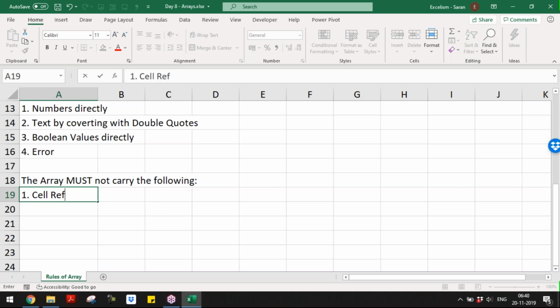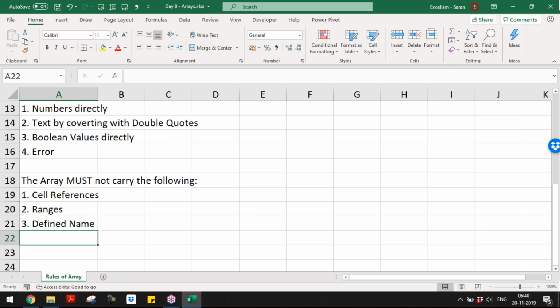Cell references, then ranges, then defined name, then